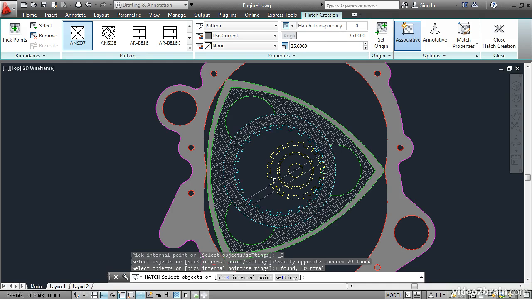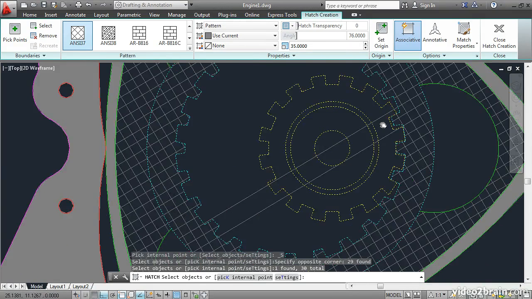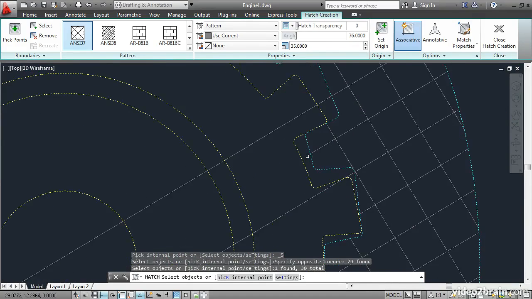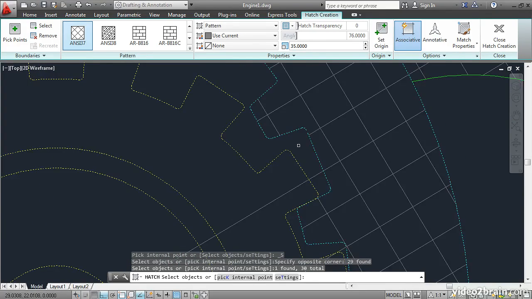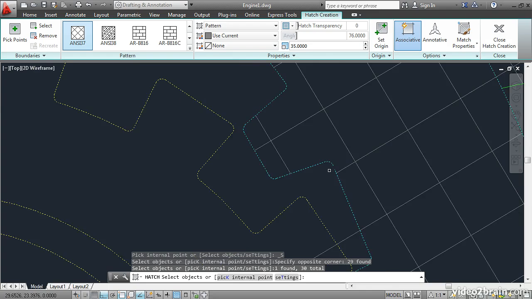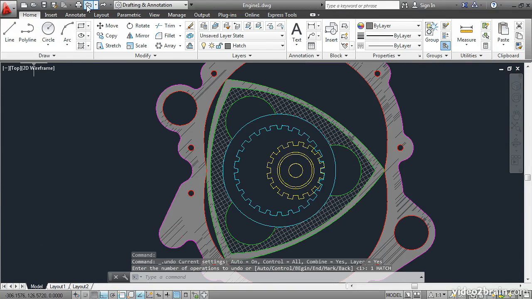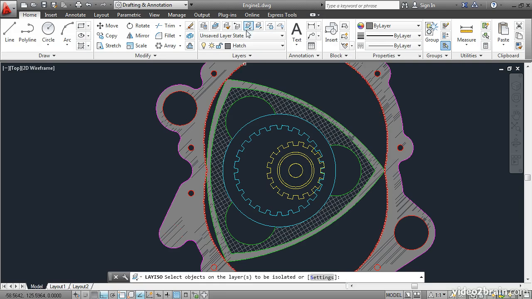Now some of the pattern is spilling through. Can you see that? I'll zoom in, and let's see why that is happening. It looks like right up here there's a gap, and this is why the pattern is spilling out of that cyan boundary. So let's close hatch creation and undo. We need to solve the boundary issue before we use the hatch command itself. So let's isolate this cyan layer